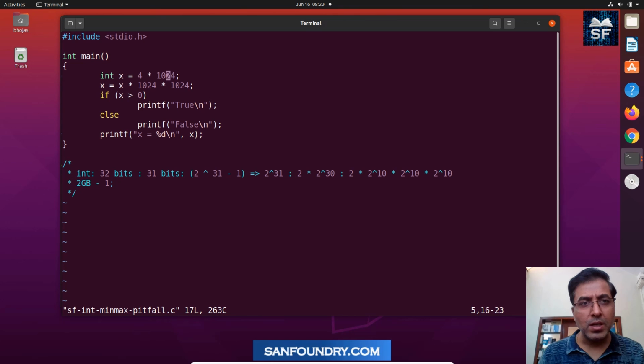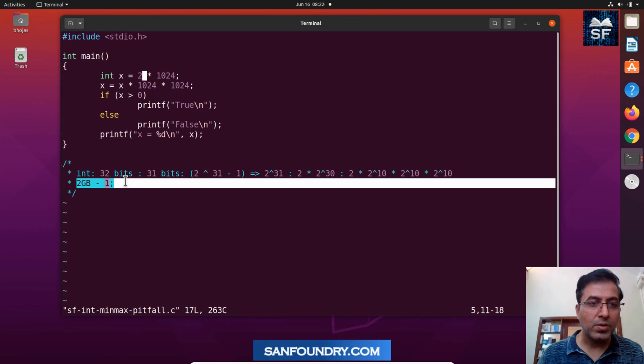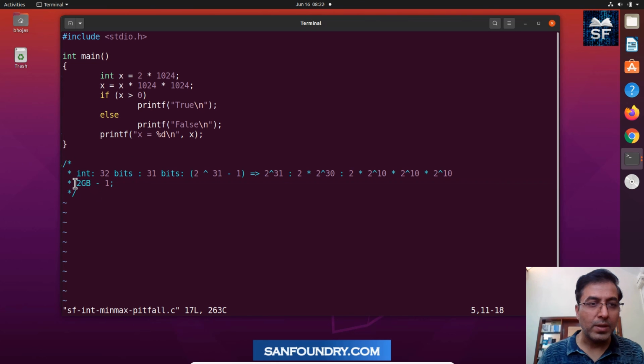Just to see the overflow in the negative direction, I am changing it to 2. Watch out, I have made this 2 now. So essentially we are going one number higher than 2. Or if you want, we can even do a 3, not a problem. So it is 3 gig. Now 3 gig is an overflow condition in the direction of positive integer, but it can be stored in a 32-bit entity, not a problem. So this is 3 gig, so we will have a negative number now. It's not 0, x cannot be 0, right?